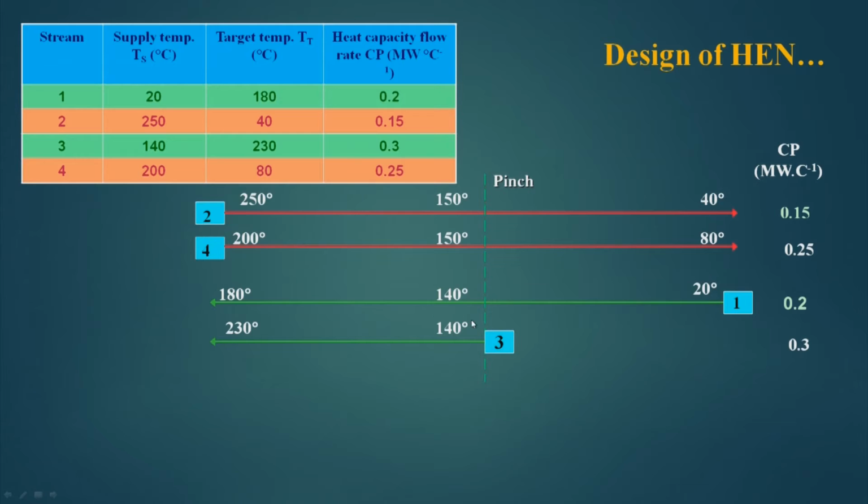utility will be required, whereas for the cold end there are 2 hot streams and 1 cold stream and 1 cooling utility. So, this is the stream grid diagram, and we have to design a heat exchanger network for this. Now, QH minimum is 7.5 megawatt, this is from PTA, and QC minimum is 10 megawatt, this value is also from PTA. So, under this constraint, our aim is to develop a heat exchange network which will not violate this.